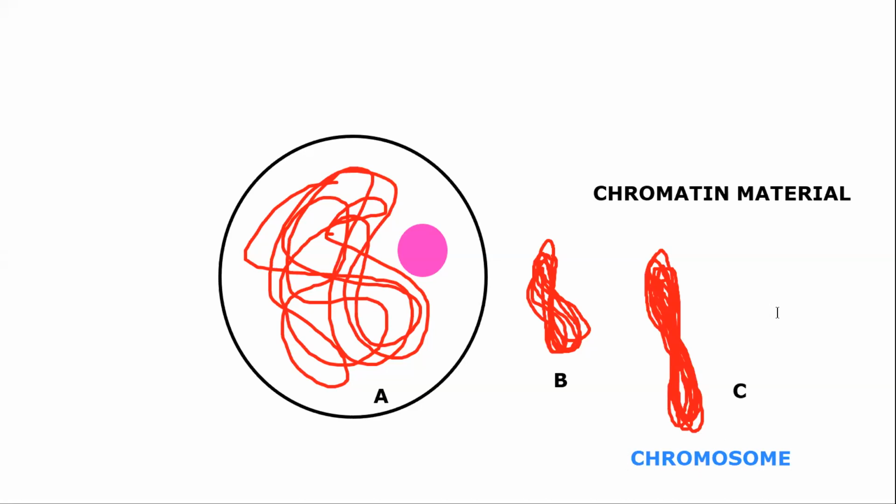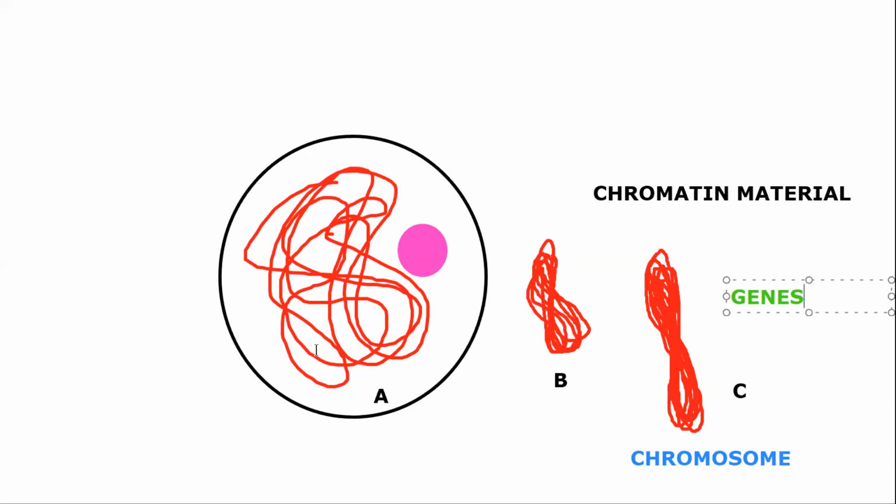Correct? And these chromosomes will have tiny, tiny packets, and these tiny packets will be called as genes. Yes, I know everything is new to you. So we'll again understand it one by one.